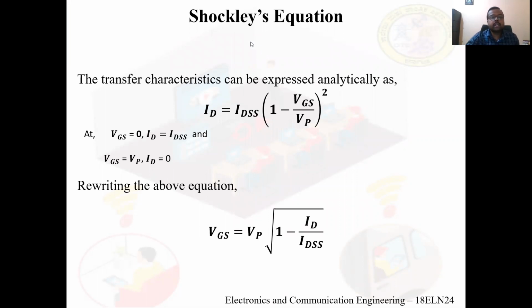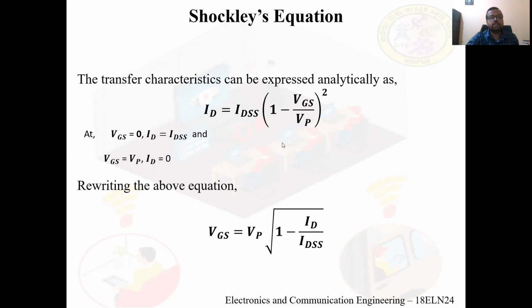In Session 1, we already studied the construction, operation, and characteristics of N-channel and P-channel JFET. We already studied the transfer characteristics of both. Now, Shockley's equation gives the relationship between the output current, which is drain current, versus the input control voltage, which is nothing but gate to source voltage, right? We can calculate the output drain current for various values of VGS using this Shockley's equation.